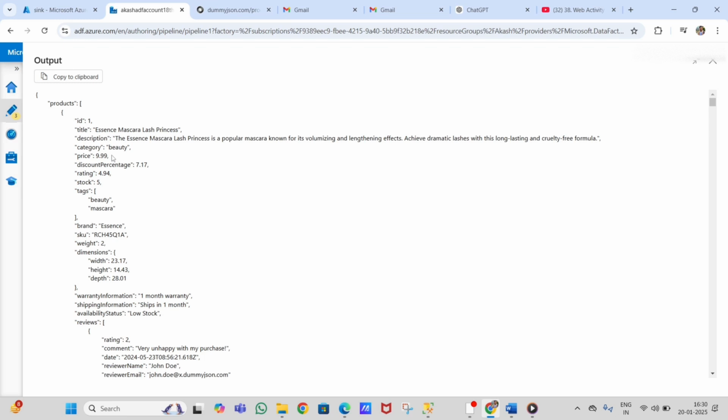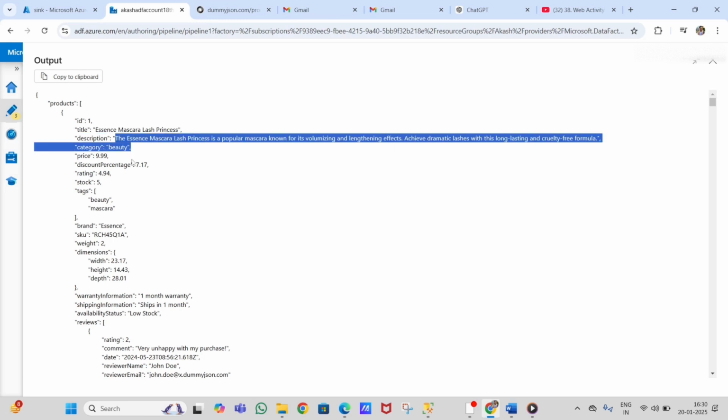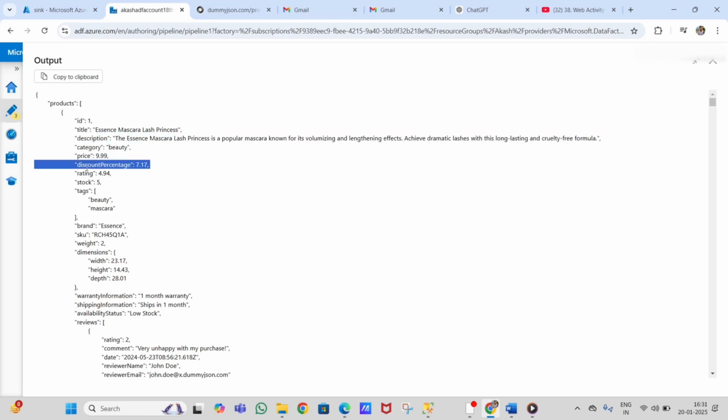This is a format that humans easily understand. Here you can see products, ID, 1, title. What is this? You were not able to understand that before, but here you can understand. Products is the table name, ID is the column name, and 1 is the row. Title, and for the title you can see this is the product, and description, this is the description, in price this is the price, discount percentage, rating, stock, tax.